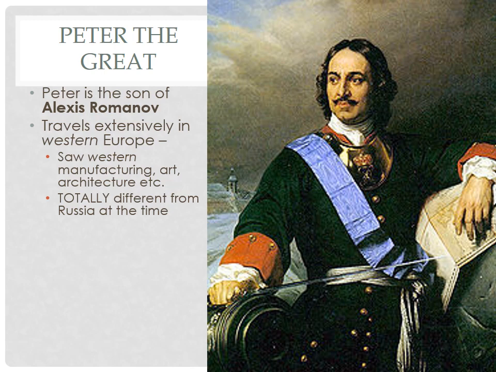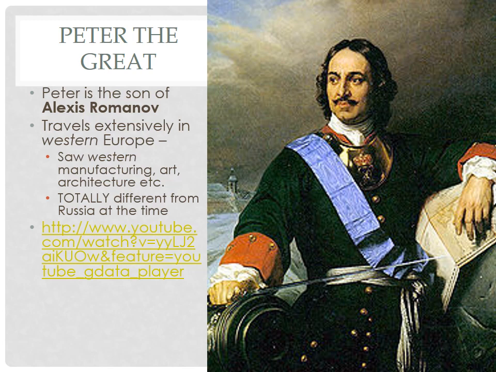And so he sees Western manufacturing, Western art, architecture, and it is so different from Russia at the time, and he sees the progress that's occurring in Western Europe. And so we're going to watch this clip in class on Monday. But I want you to be thinking about what changes and make some predictions, and you're also going to read Peter makes and why he